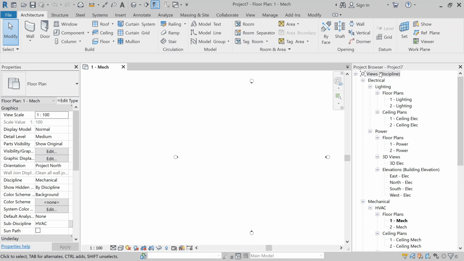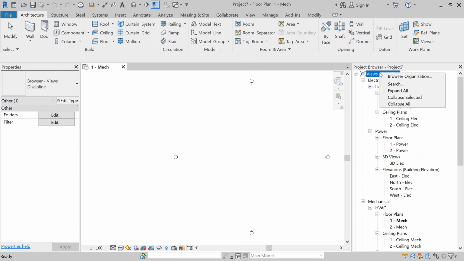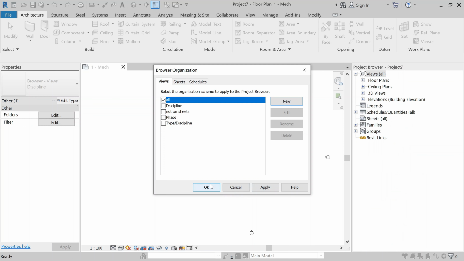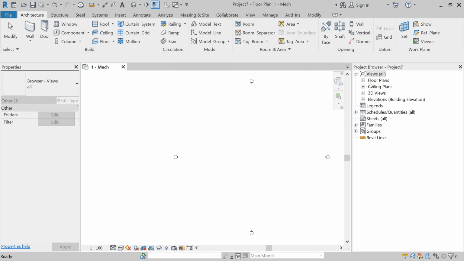If you want to change these settings, right click over views disciplines, go to browser organization, and then here in the views tab you can see all the views are organized according to their respective disciplines. If you select all and then apply and then click OK, you will see all the disciplines are not visible now, and only visible are the respective floor plans, ceiling plans, 3D views and elevation.